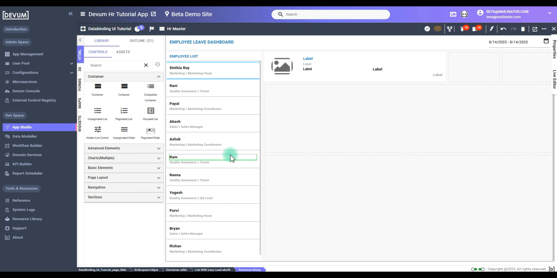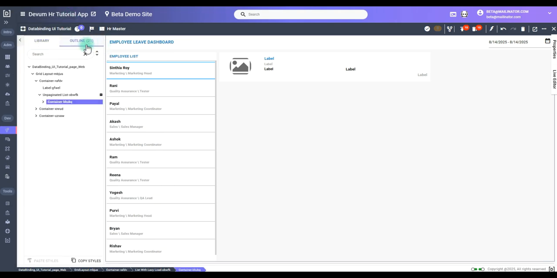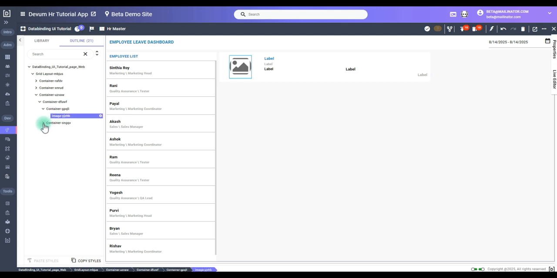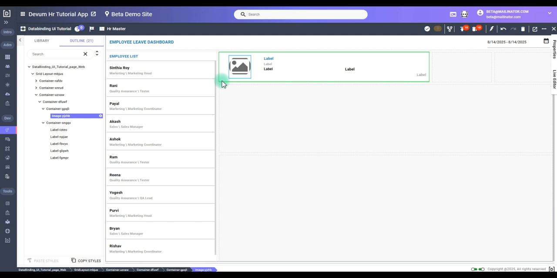Let's begin by looking at the UI. We've designed a dedicated container to display all the employee details. Within the outline, you can see we've created a main container, which holds two nested containers. One of the nested containers is dedicated specifically to the employee's photo. The second container holds 5 distinct labels, which we will use to display all of their personal and professional information,